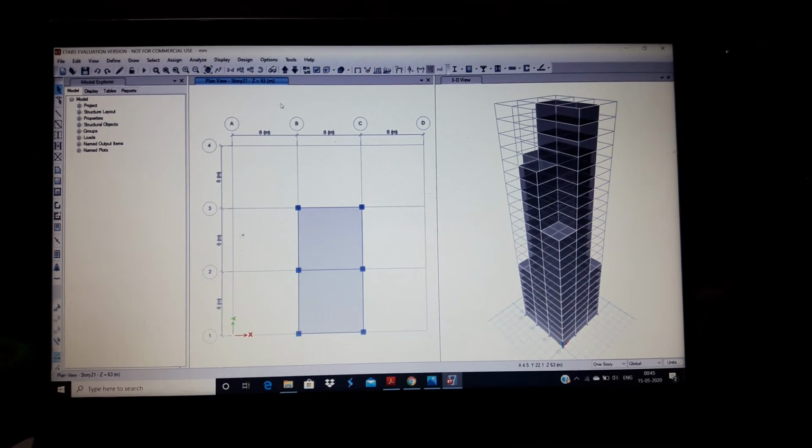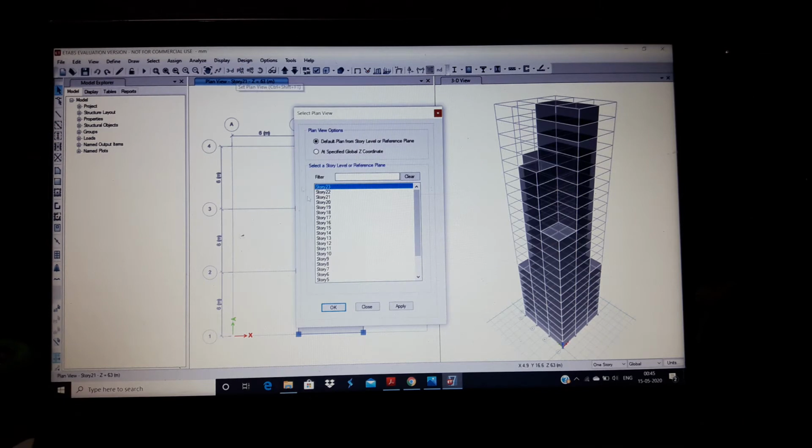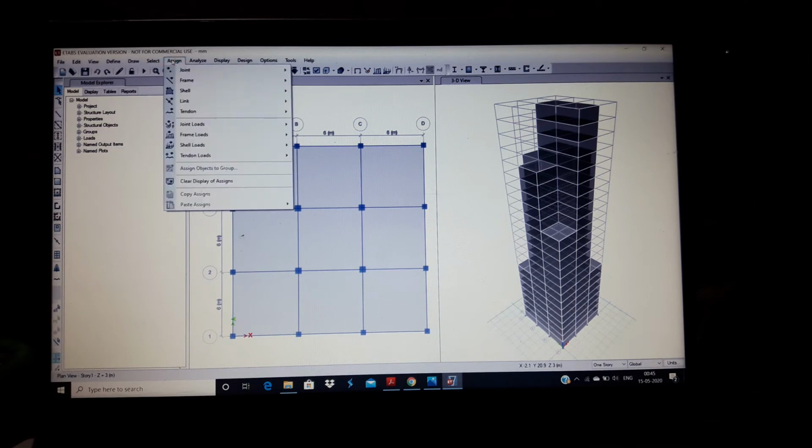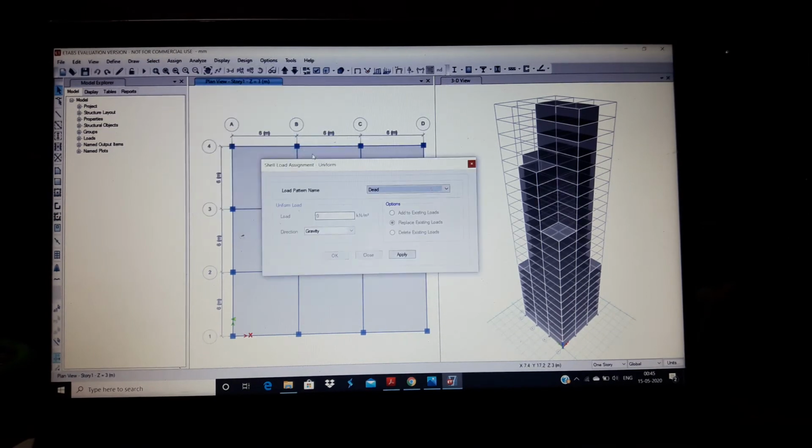Now go to story 1 again and then assign loads, shell loads, uniform. As dead load is the same, 2, for all, assign it for all the stories. Select from here and apply it to all.